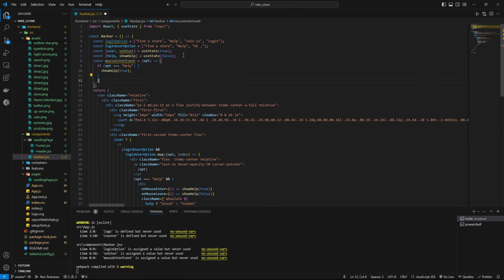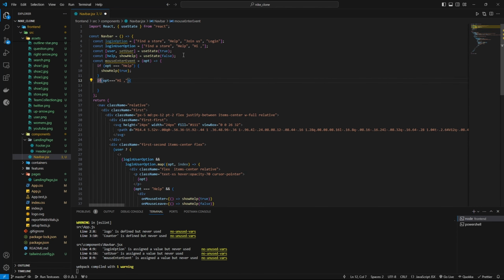Otherwise, if the option equal to high, then we are going to make sure that the high is same as the one which you have applied in the options. So whenever it is high, we are going to show profile